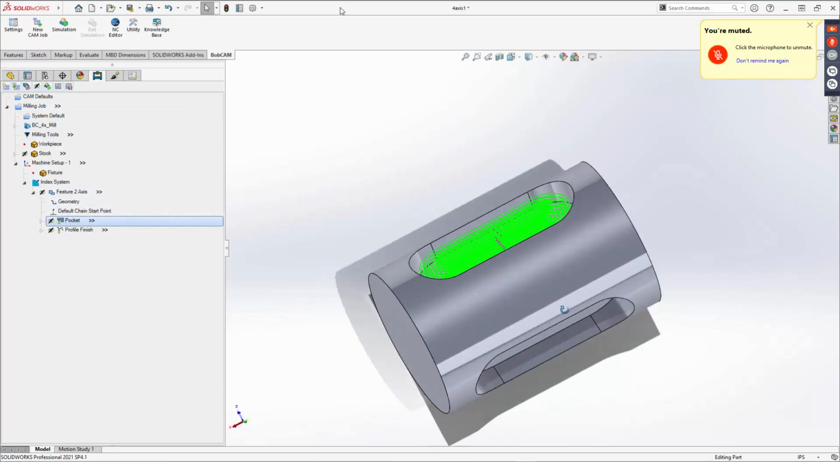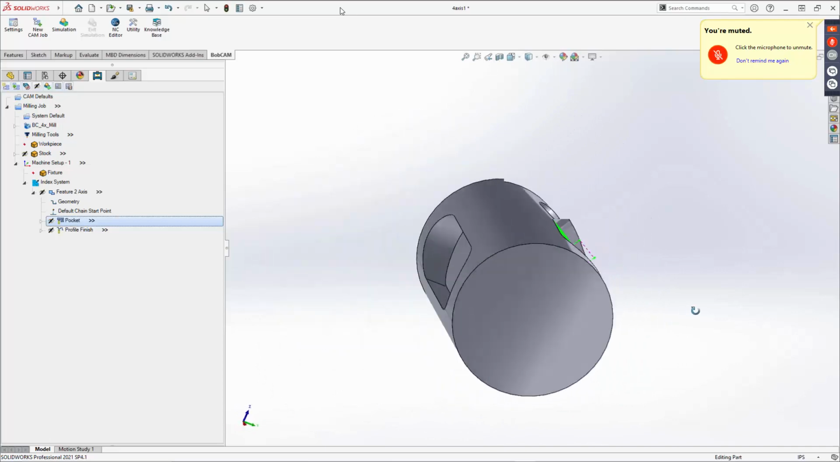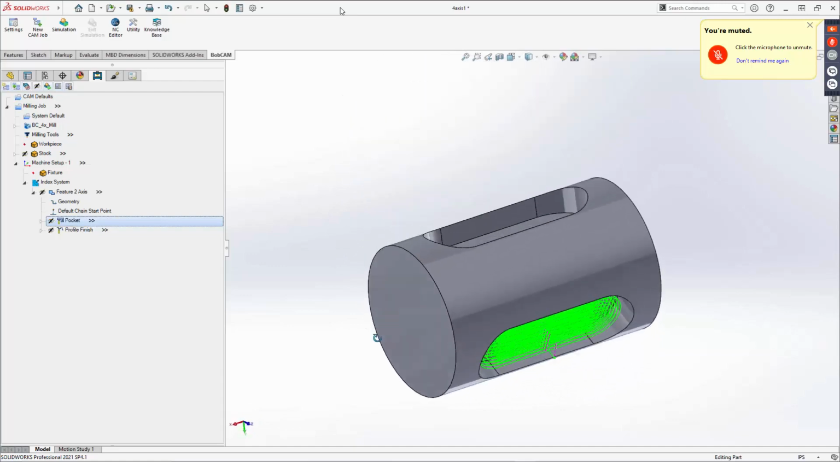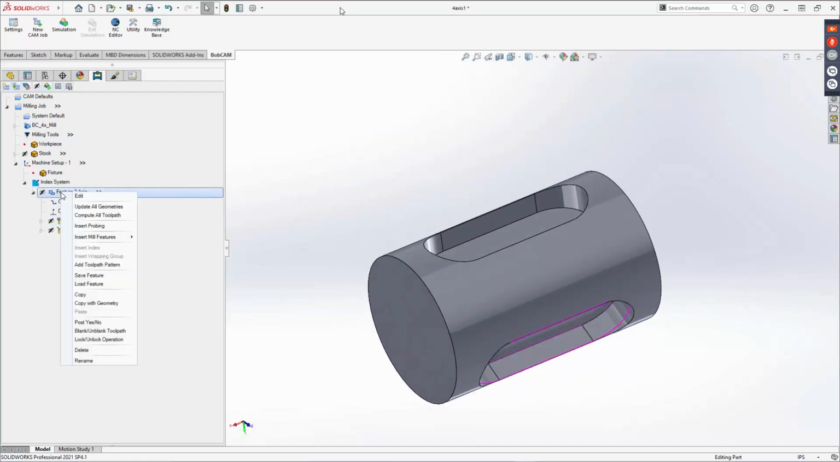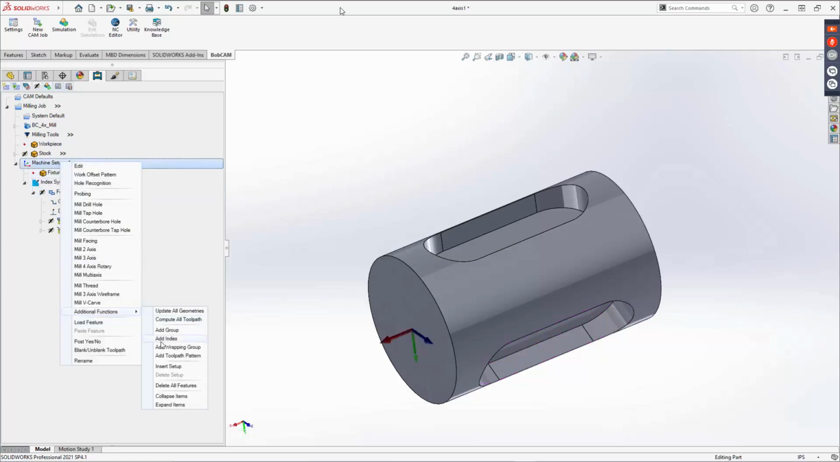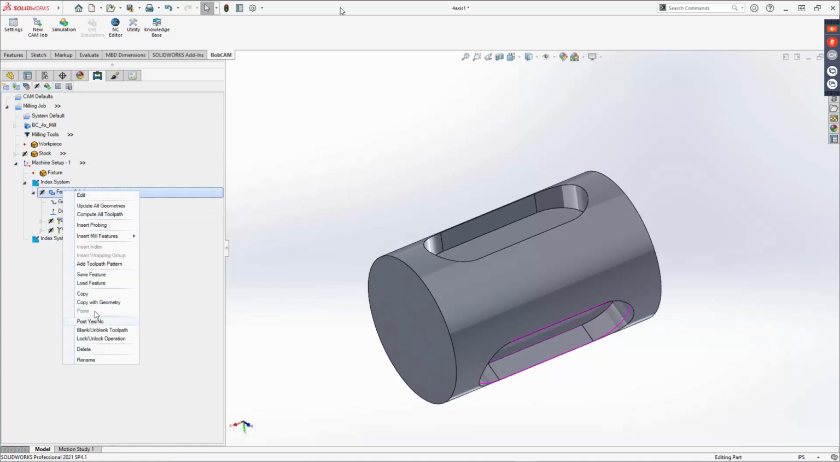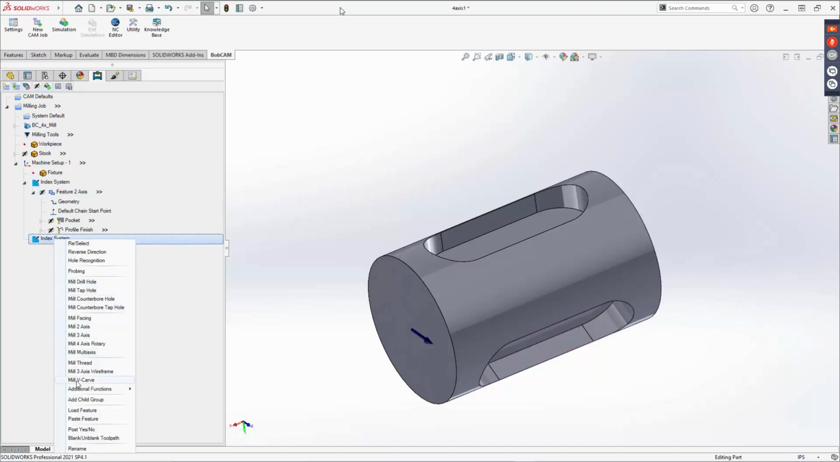So other things we can do is an index on each one of those, and then we can basically right click on this feature and we can copy that feature, or we can copy it with geometry if we want to. So that just eliminates an extra step in there. So I can come in here and say, let's machine setup 1, additional function. Let's add an index. Let's just do 1 here. Now I'm going to right click on this feature and I'm going to copy with geometry, and I'm going to right click on this index system and I'm going to say